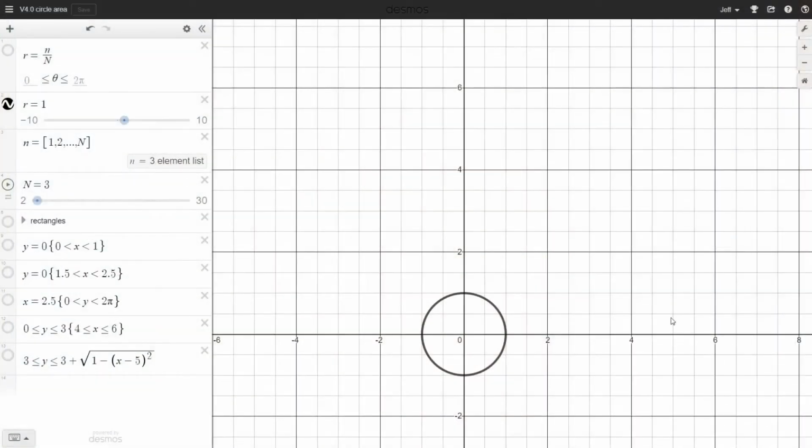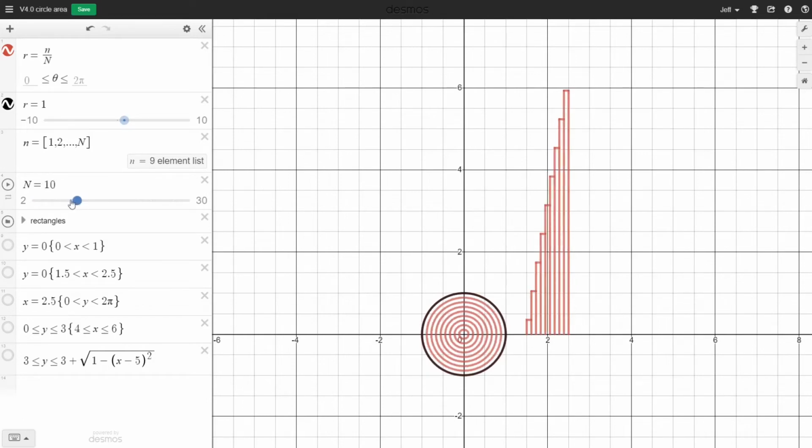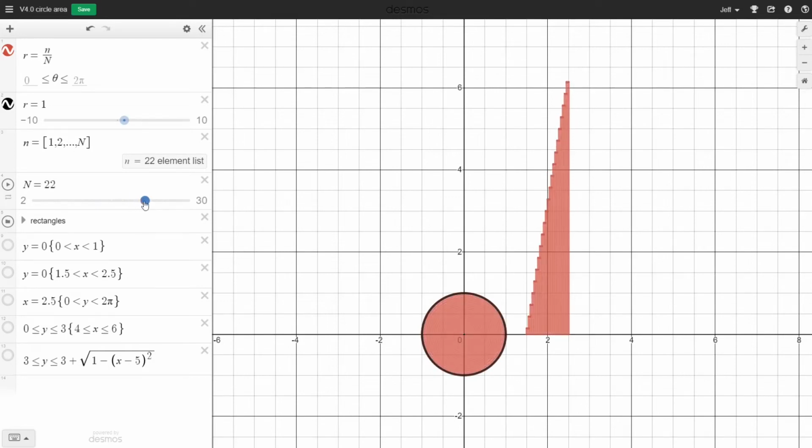But what about the area of the region inside the circle, which we might call a disk? We could cut the disk into pieces in a certain unusual way. We could chop this disk into a bunch of little rings like this. And then we could take each of these rings and we could unwrap them, and each one would turn into a rectangle if we unwrapped it. And we could keep doing that with more and more ring slices, and we get more and more rectangles, but they would be thinner and thinner.